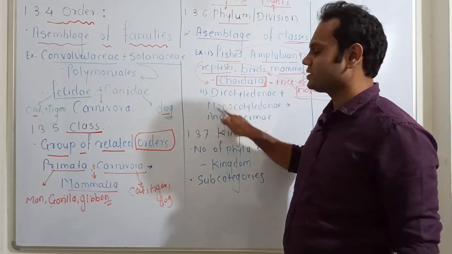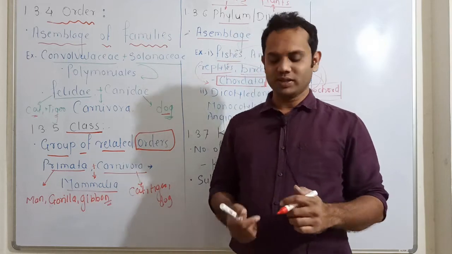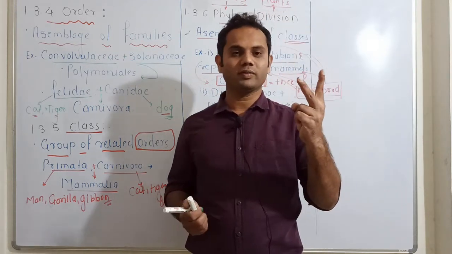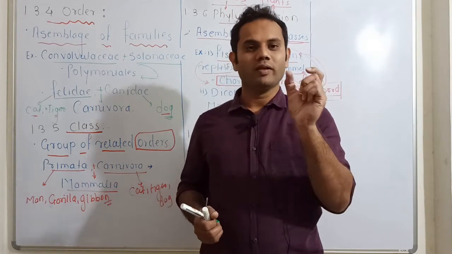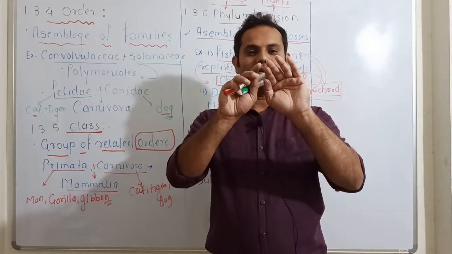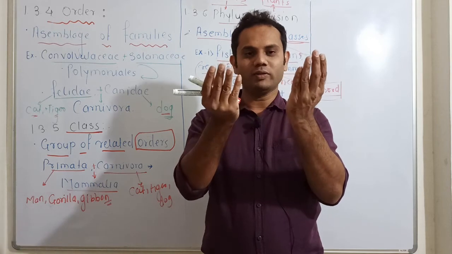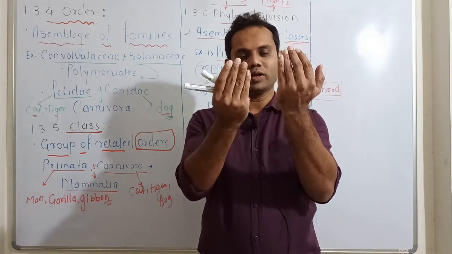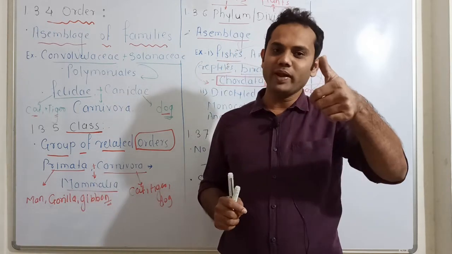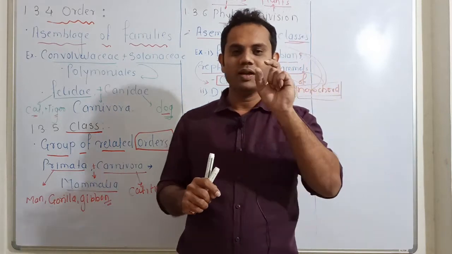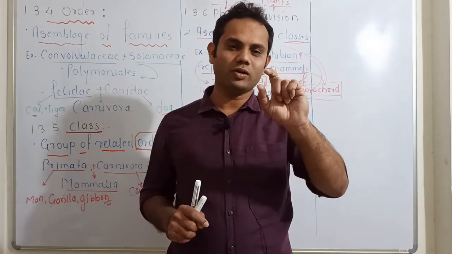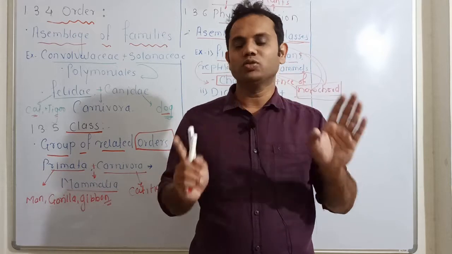In case of plants, the class Dicotyledone contains two cotyledons. What do you mean by two cotyledons? When you see the seeds, let us take the example of groundnut. If you break it, you will get two equal halves. Okay, two halves or two cotyledons are there. In case of maize, you will not find that. You will only find one cotyledon, means there are not two cotyledons.